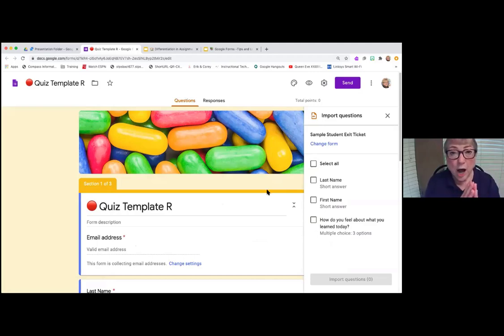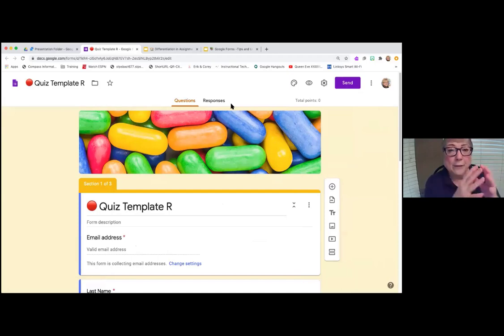Now, again, I would make my template so I have my last name, my first name, my password, whatever. But then, as some teachers I know in St. Tammany are doing, they're sharing a classroom with just teachers. One of them is making a quiz form with the questions from chapter one. Another one is making a quiz form from the questions from chapter two.